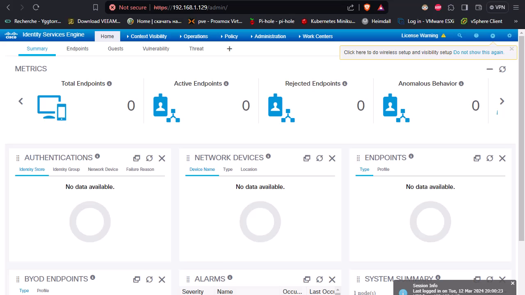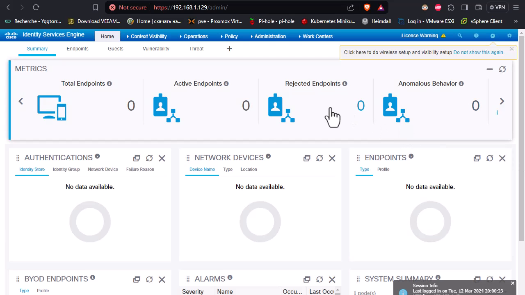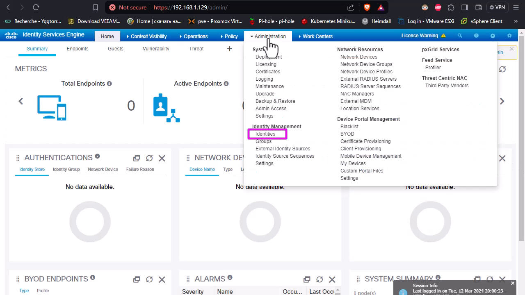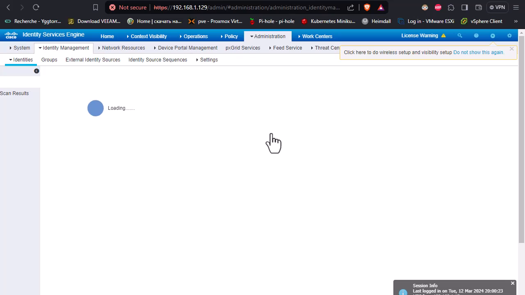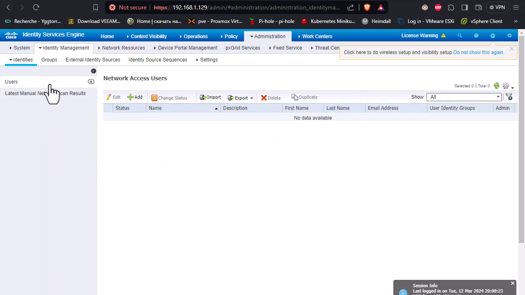So in order to create users we should first create the groups to which they belong. So for that we go to Administration, as you can see, and we go also to Identities, okay? And here you can see different tabs. So as I told you, first we have to create two groups for our two users. So let's go to Groups,